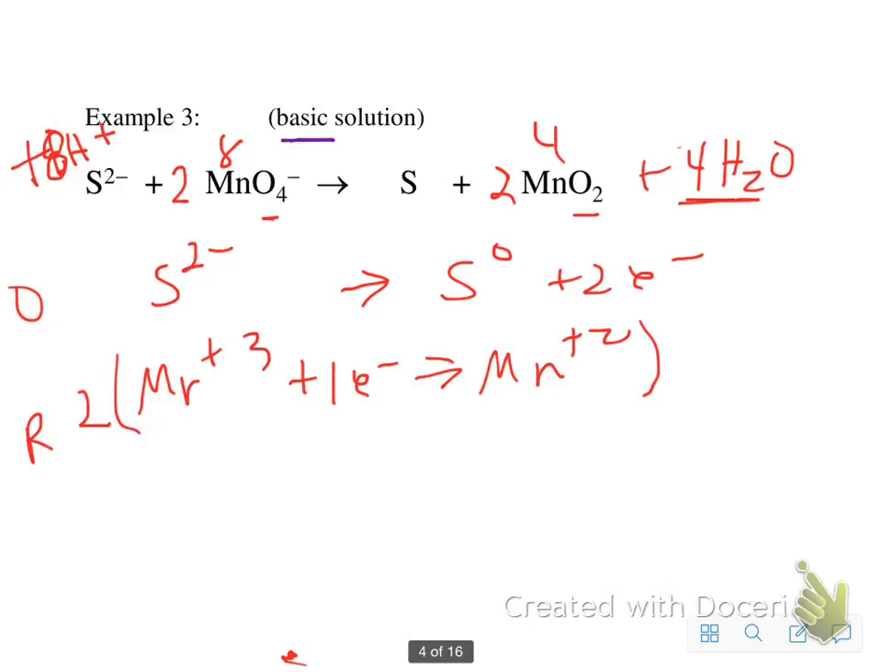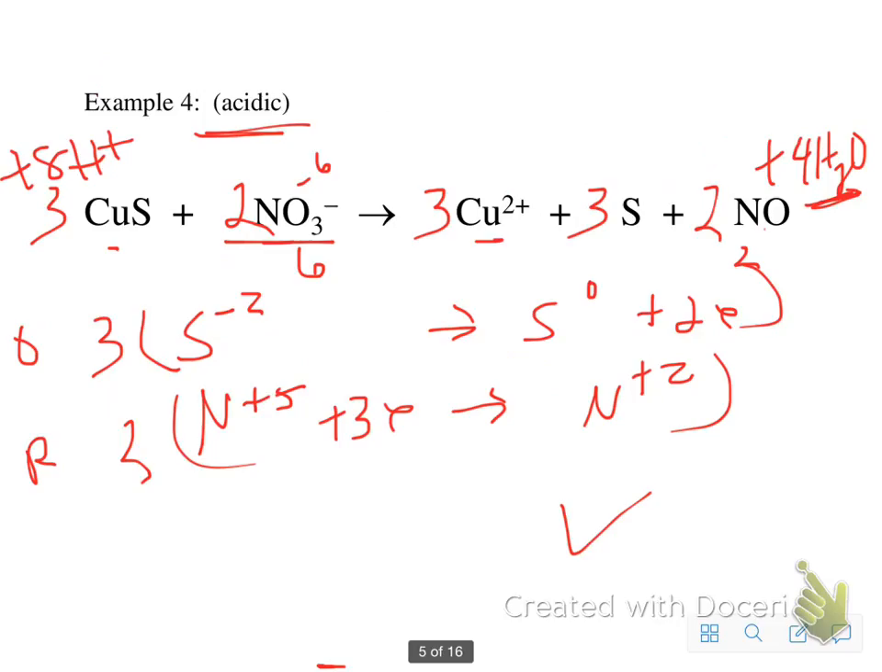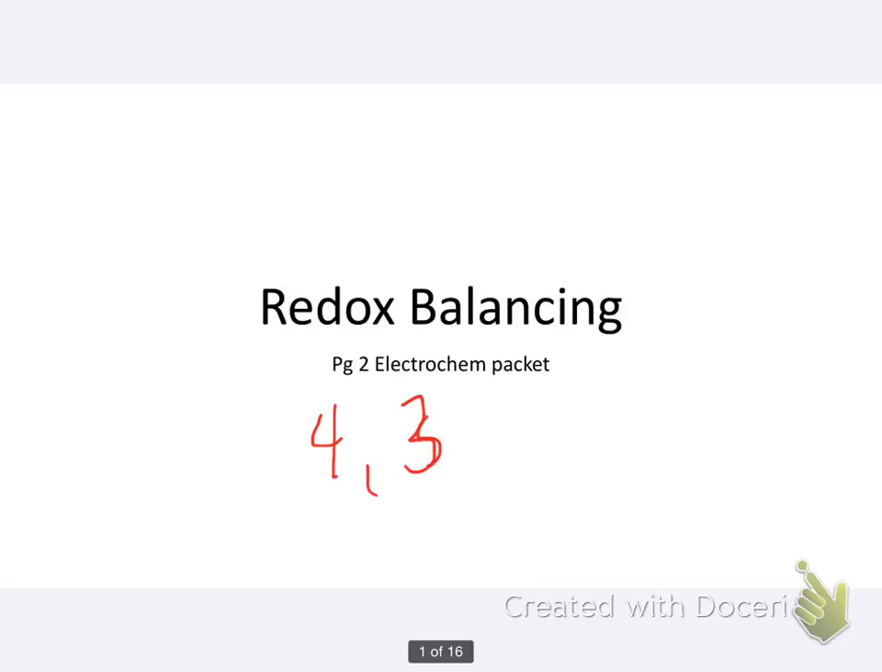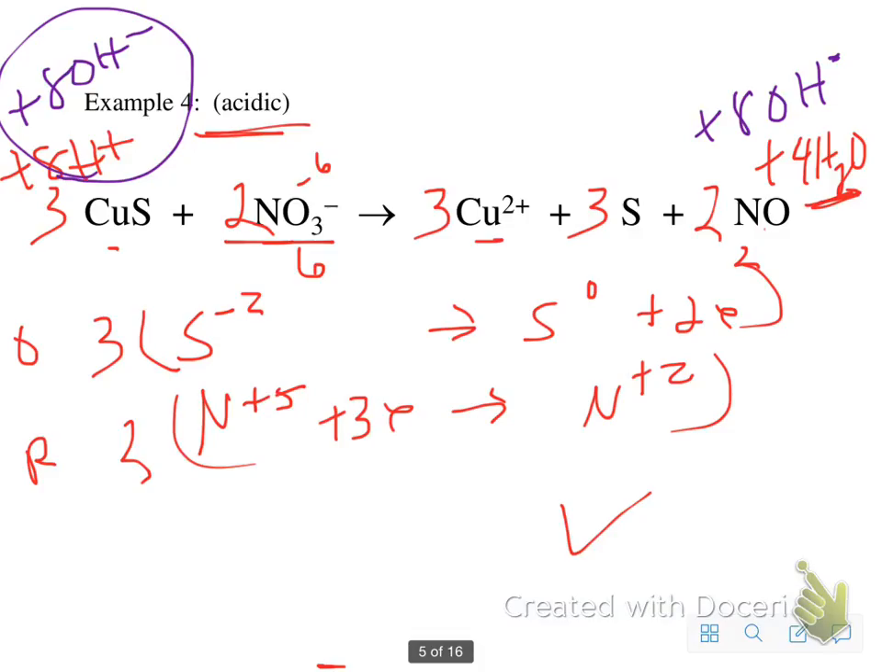Okay, so what I'm going to do now is I'm going to add hydroxides to neutralize the H pluses. So I'm going to add hydroxides on this side, and I need 8 of them to balance these 8, right? And I also have to add 8 hydroxides on this side because they can't just appear out of nowhere. All right, now these 8 hydroxides and 8 H pluses become 8 waters. Okay, so these guys go away,